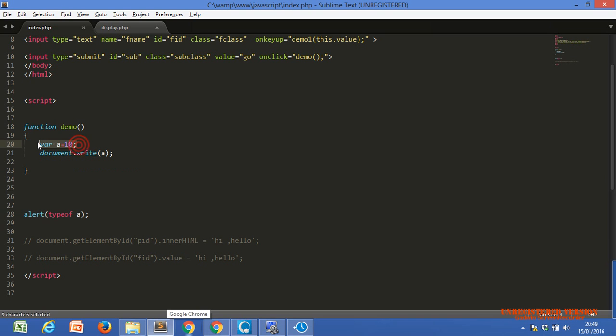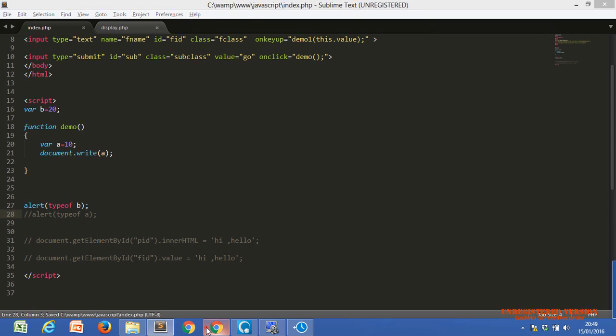because this variable is defined within the function. If we use a variable b outside the function and assign that variable 20, and now we alert typeof b, commenting this out, what will happen?